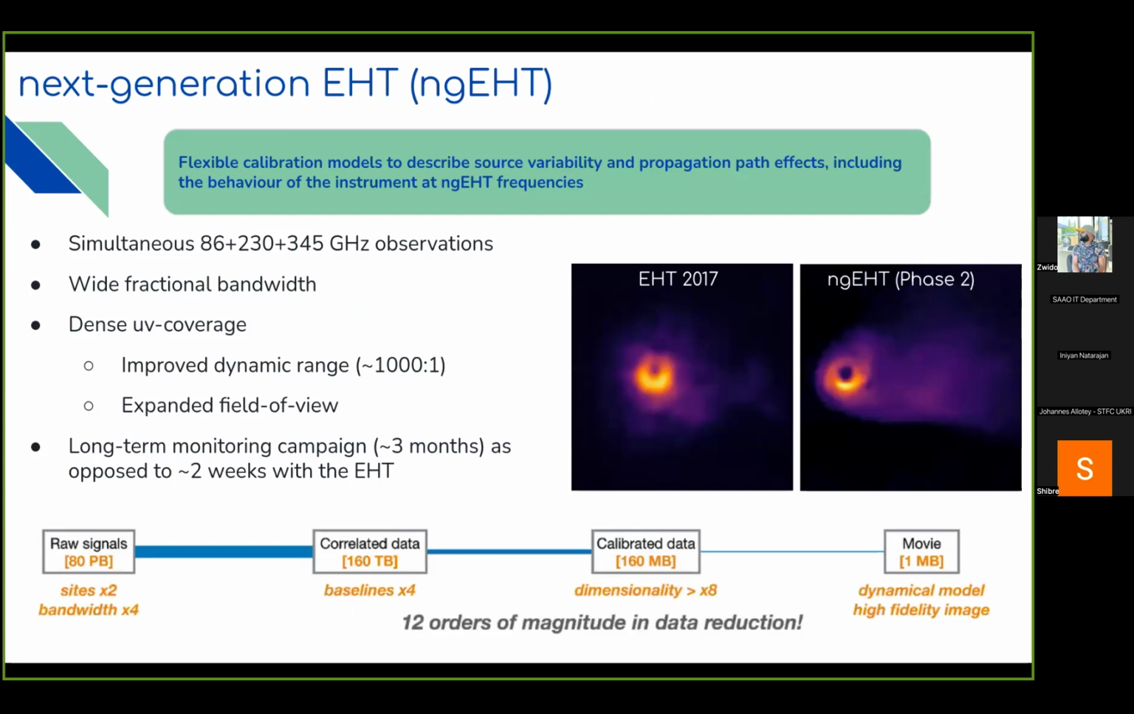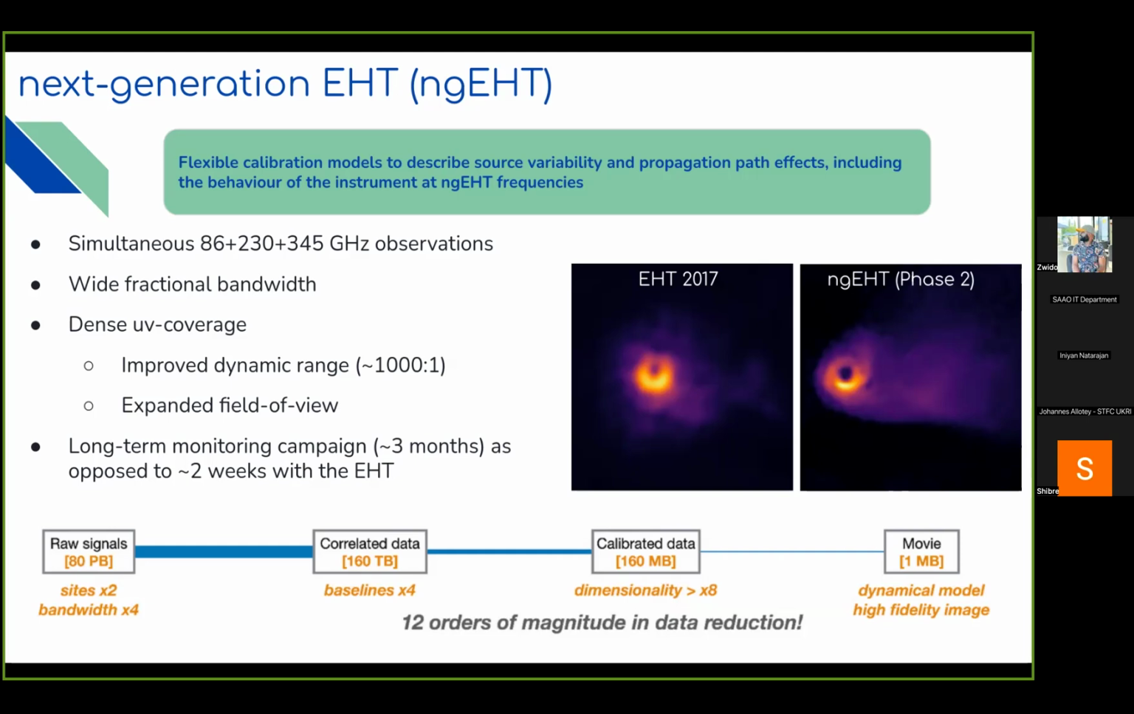So we're also doing this in anticipation of the next generation EHT. So we are looking at developing flexible calibration models to describe both source variability and propagation path effects, and including the behavior of the instrument on the different stations at the ngEHT frequencies. We expect to make simultaneous 86, 230, and 345 gigahertz observations. The fractional bandwidths are expected to be wide, and the UV coverage will be dense,